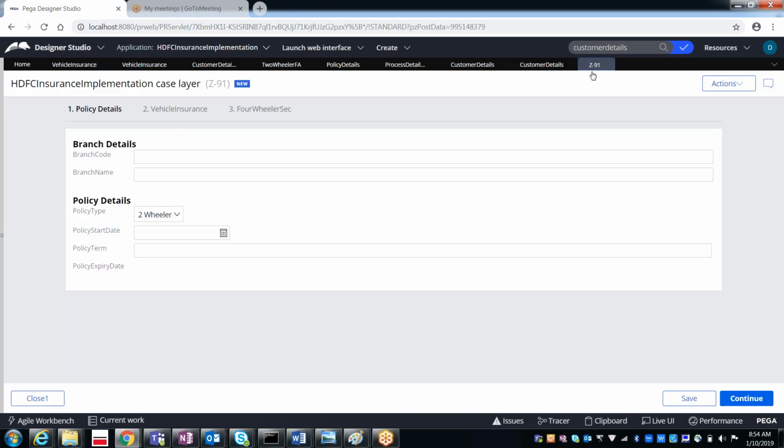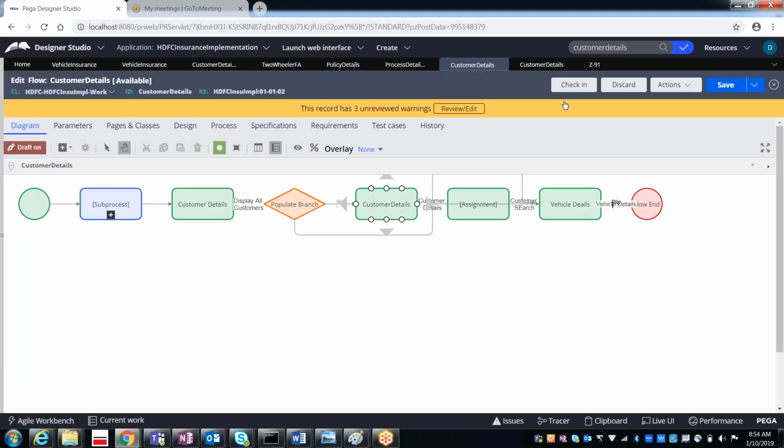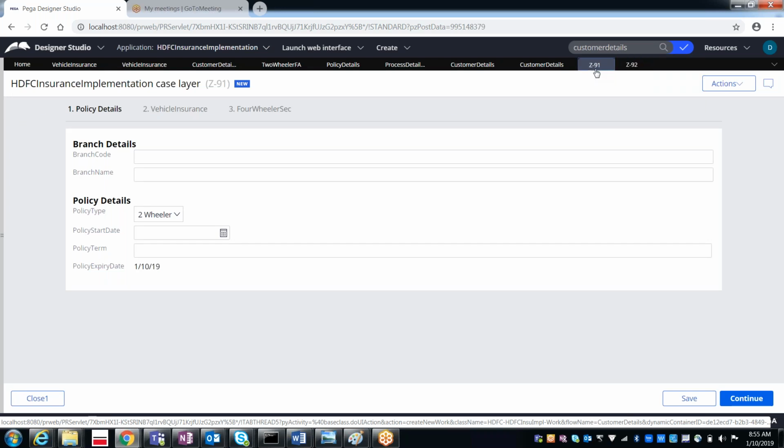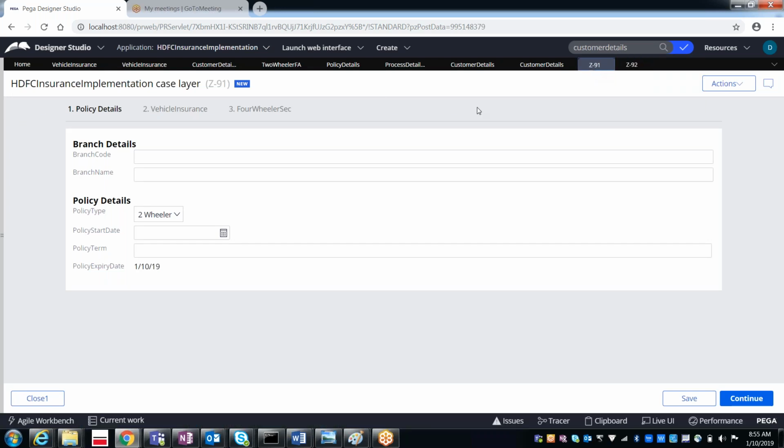So this is Z91, and the highest version is Z92. It is applying the same series, the same sequence, continuing Z91 and Z92. Why? Because both are referring to the same flow.